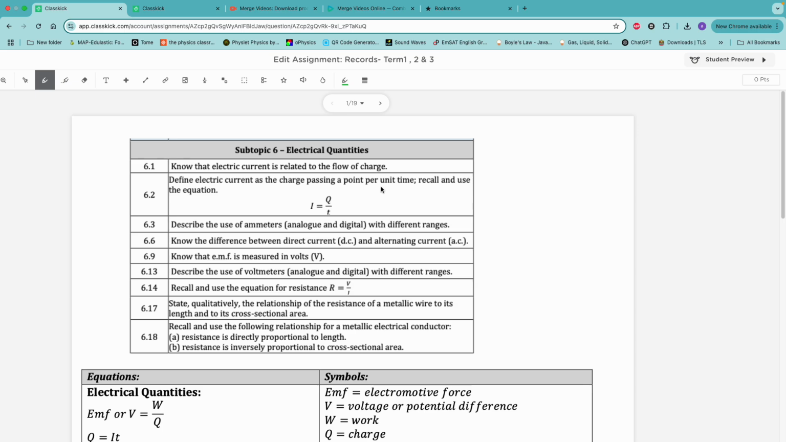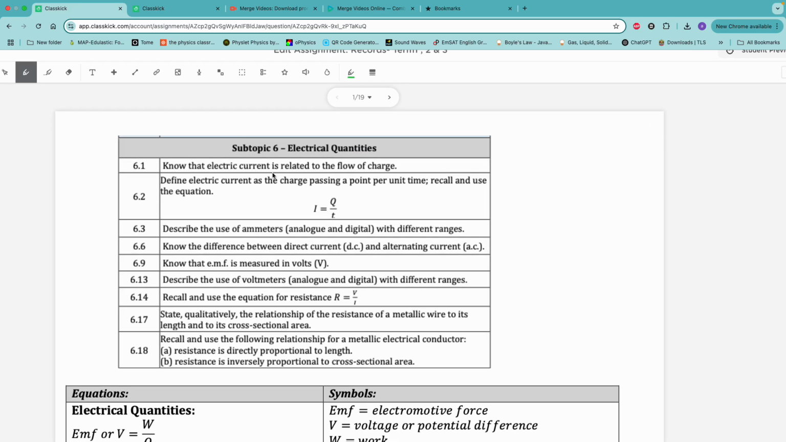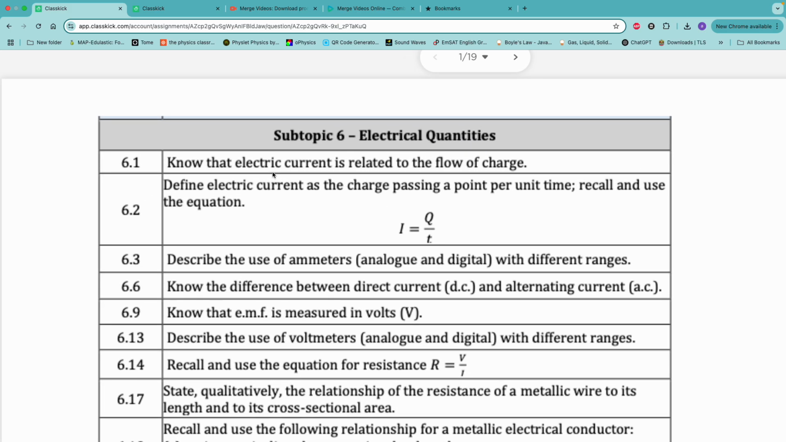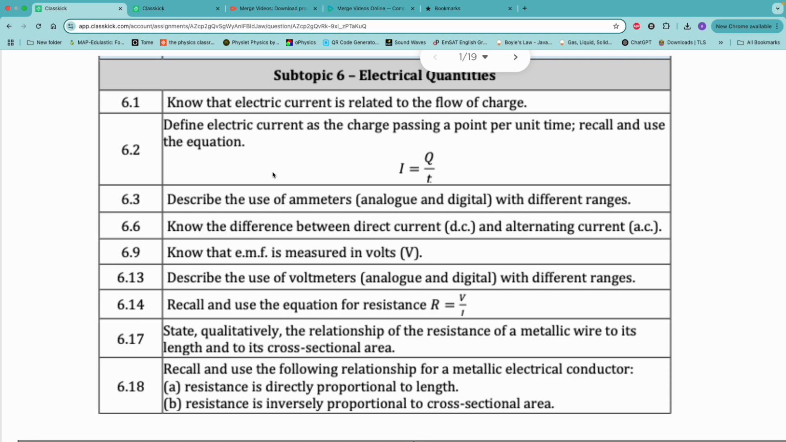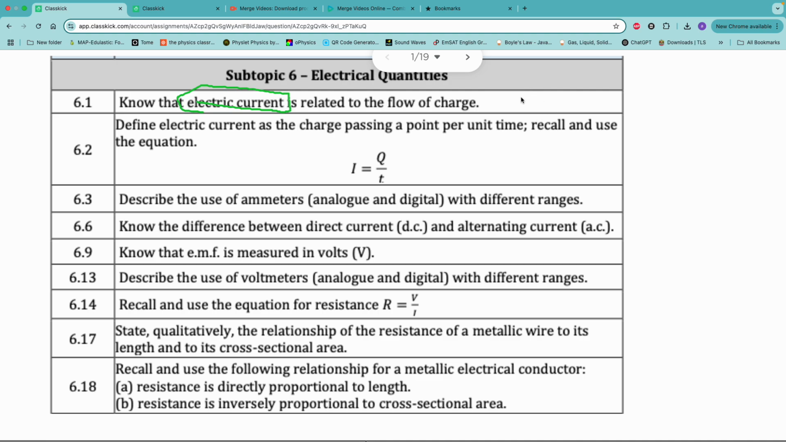6, which is part of term 1 topics. The only KPIs included from this topic are just a few. First of all, you need to understand the idea of electric current, what it means and how it can be described. As we have studied before, electric current shows the flow of charges